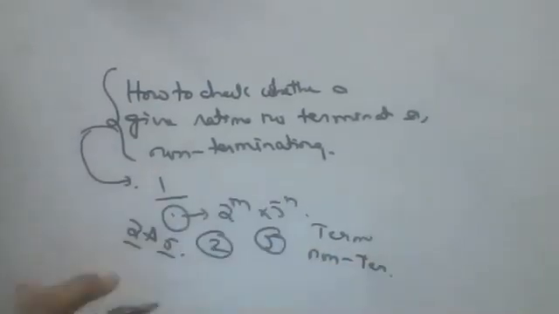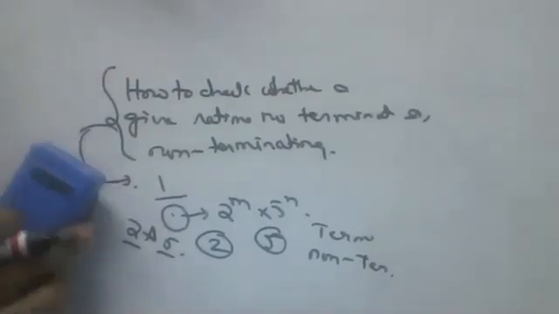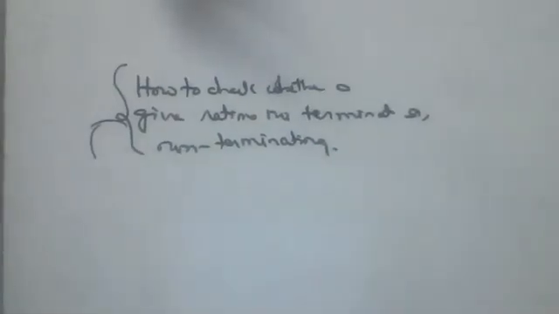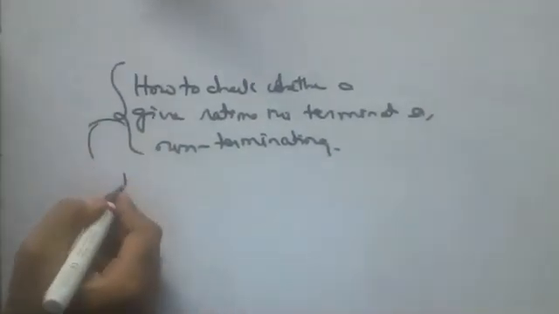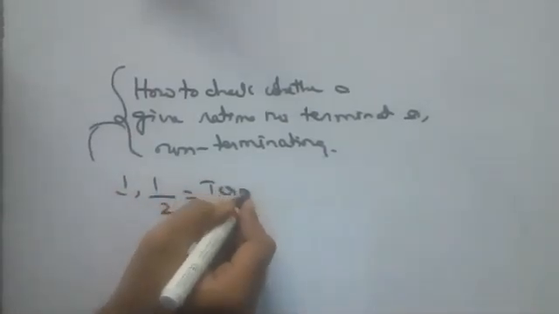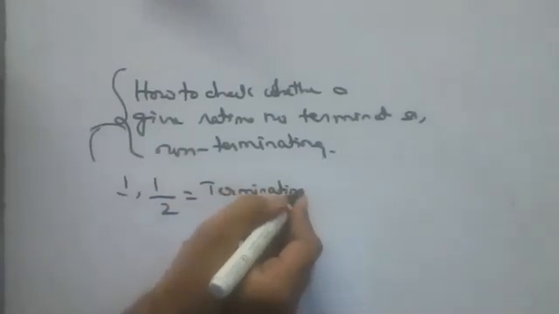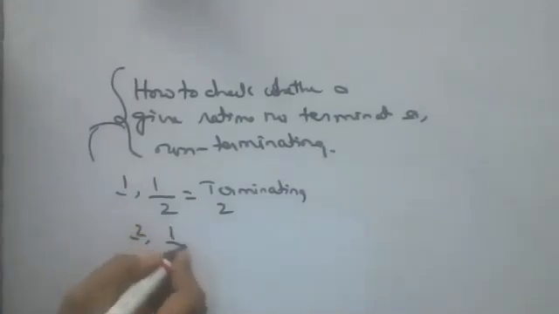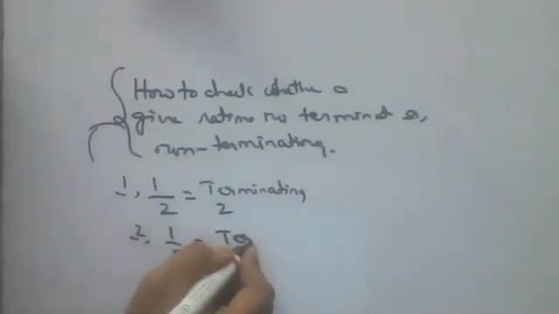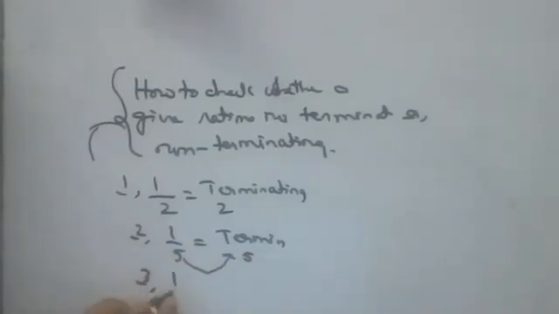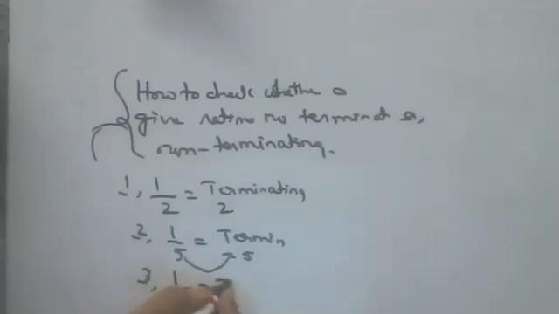That's all. You may not understand yet, children. I'll give some examples, then you will understand. I will explain 10 sums here, and the next 20 sums I will give as homework. First one: 1 by 2, terminating. Simple. Why? Because the denominator should have 5 or 2 or 2 and 5. No other number should be present. 1 by 5, terminating. Why? Because the denominator has only 5 in it.